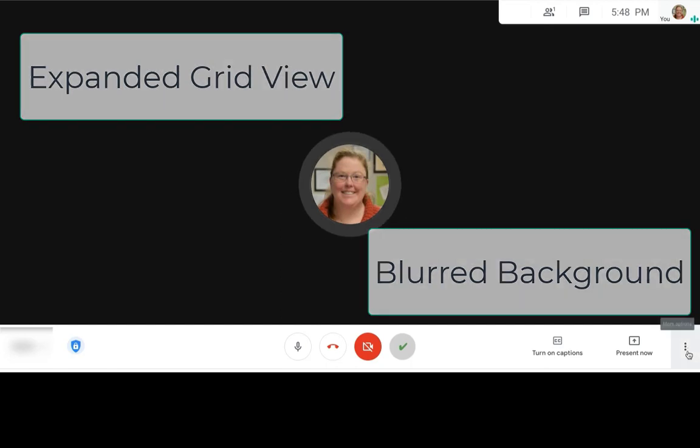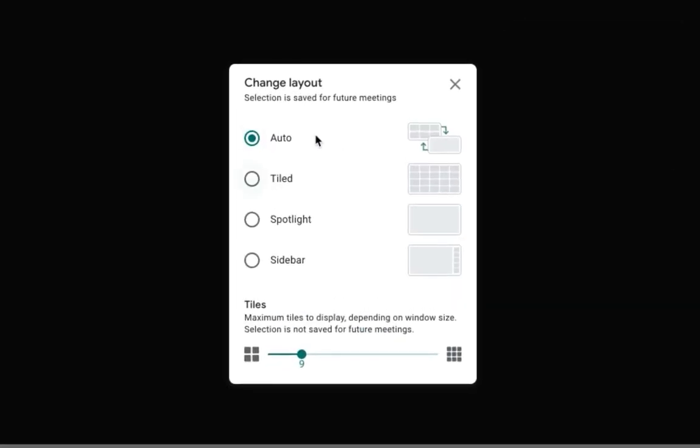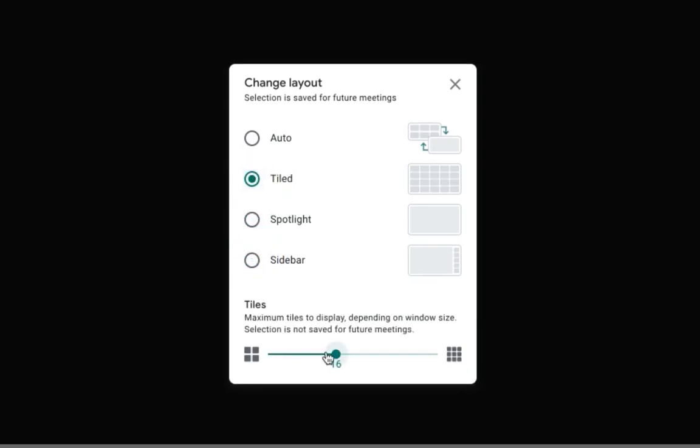So you can find these under the three dots, and you can change your layout. And you'll notice here you're going to have a different view. So you can choose auto, tiled, spotlight, sidebar. With the tiled, and actually with all of these,